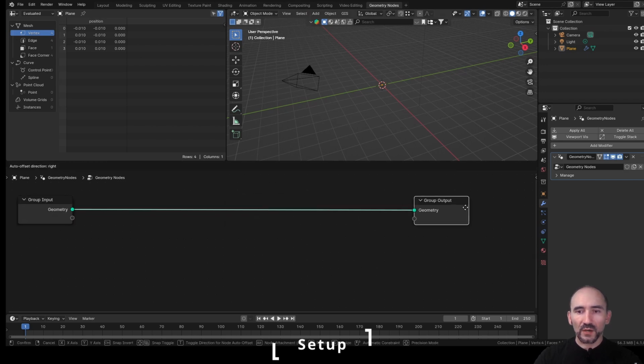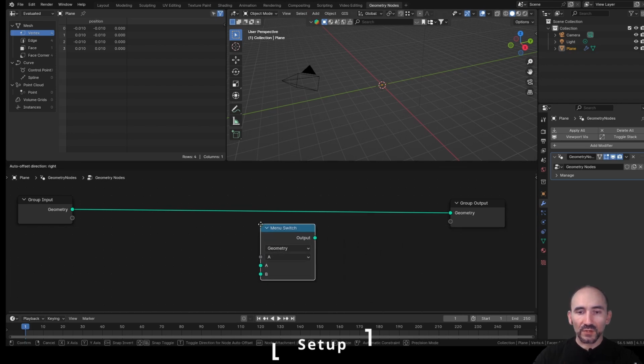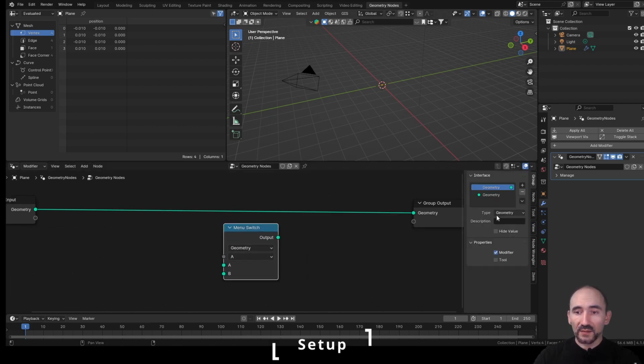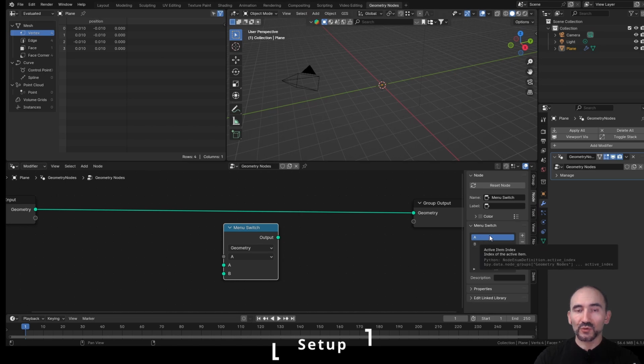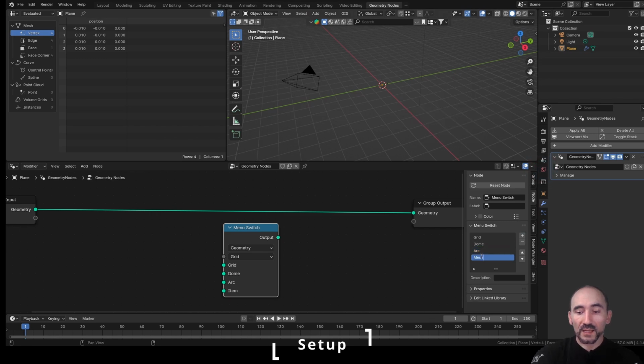So first of all, we are going to create a new menu switch in our setup with N, and going in the node zone, the items we want to choose to instantiate our lights. So I'm going to create here the grid method, the dome, very useful to simulate an HDR lighting. Then we are going to create an arc method and finally a mesh, so a custom mesh shape to instantiate